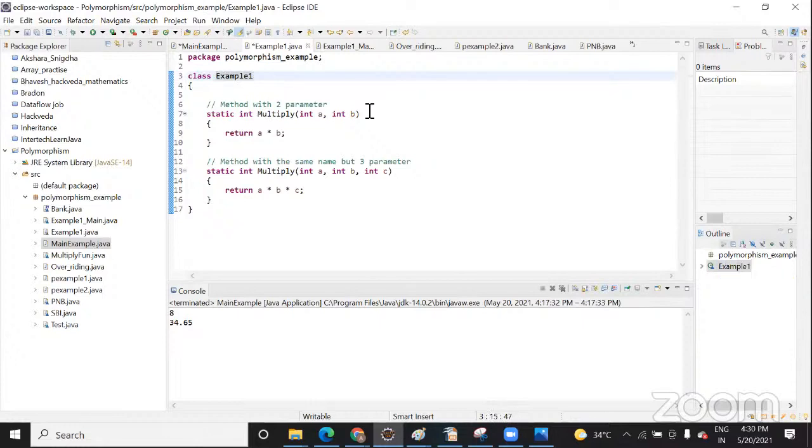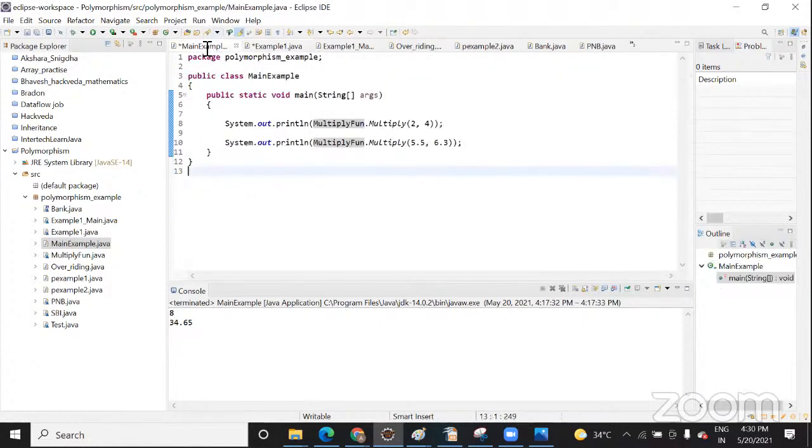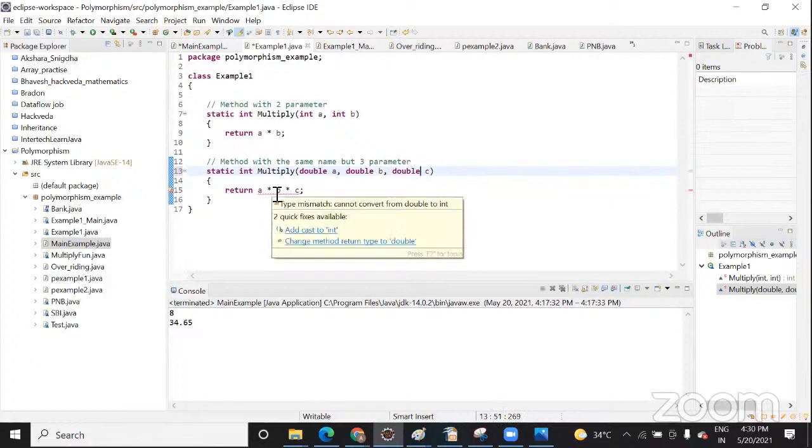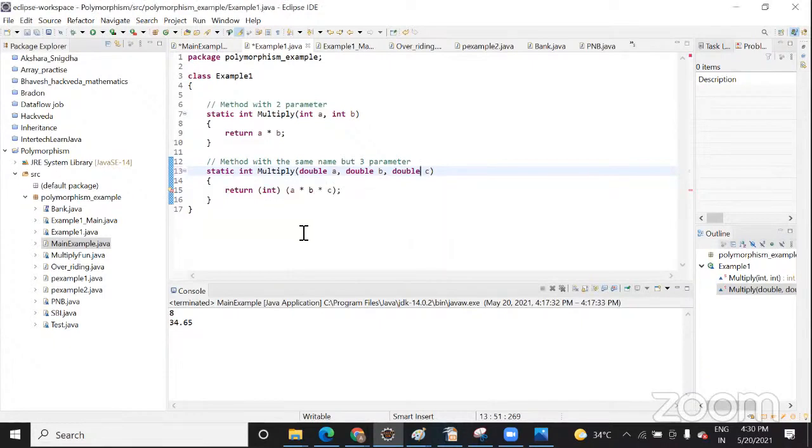And change that into double and all those parameters. Double. I need to add an integer because of the pass. Okay, let me add int.